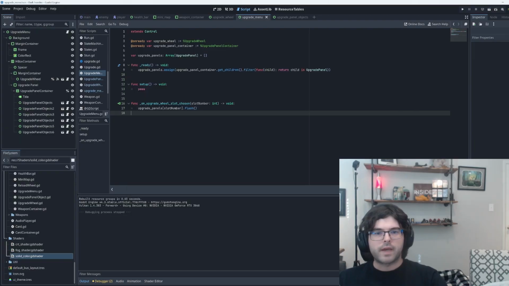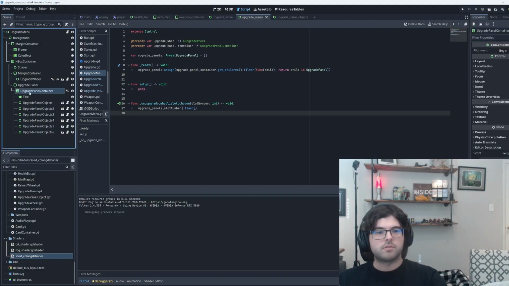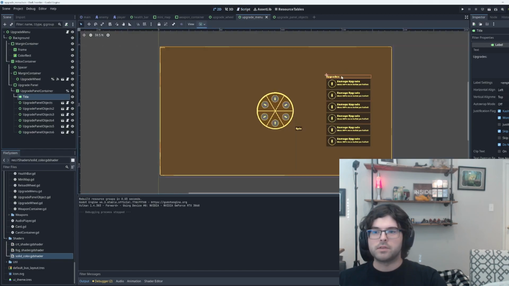So accomplishing this was actually pretty straightforward. I just had to get the array of upgrade panels in the actual upgrade menus so that I could call a flash function on them. The way I got the upgrade panels was by taking the upgrade panel container, which is this vertical box container that I named with a specific name here, just in case I have to move it again. I got all the children underneath that actual parent container and filtered them to ensure that they were of type upgrade panel, because if you notice, I do actually have this label being listed under here as well,